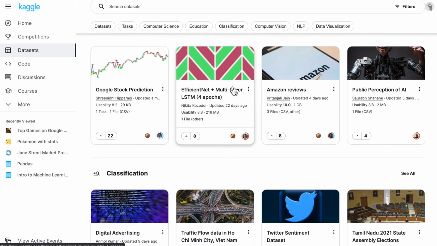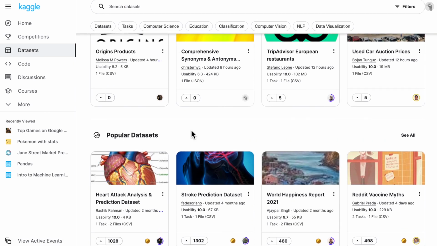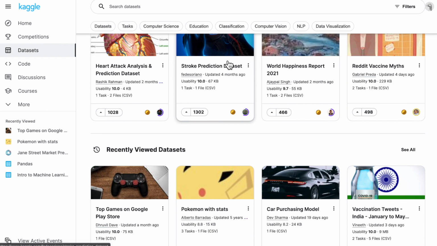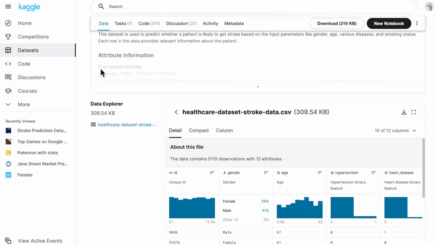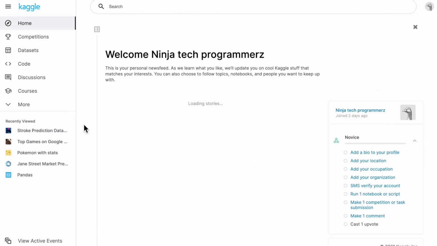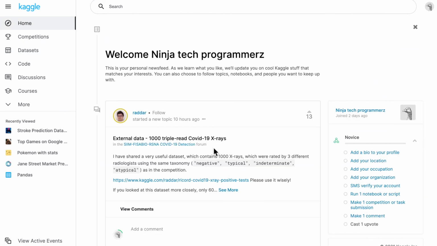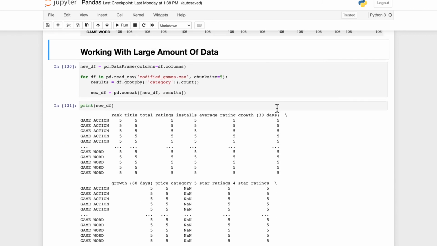You can also work on popular data sets, like the stroke prediction data set. There are different types of data sets on kaggle.com which you can explore. Whichever data set you feel is best, download it and we can discuss it. And if you face any difficulty while downloading or writing code, or do not understand anything, I'll link below